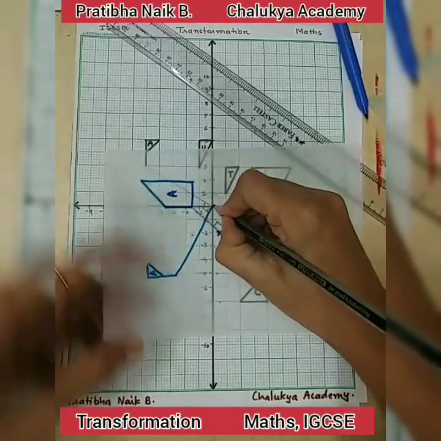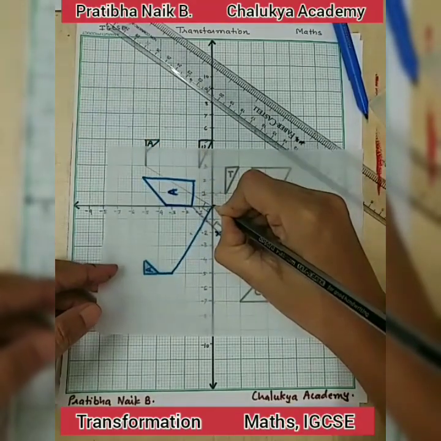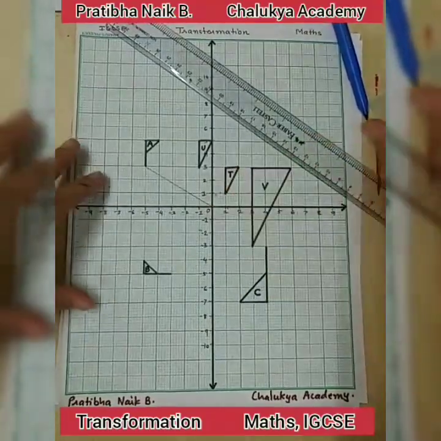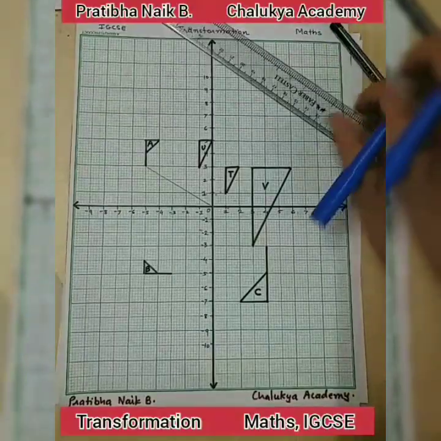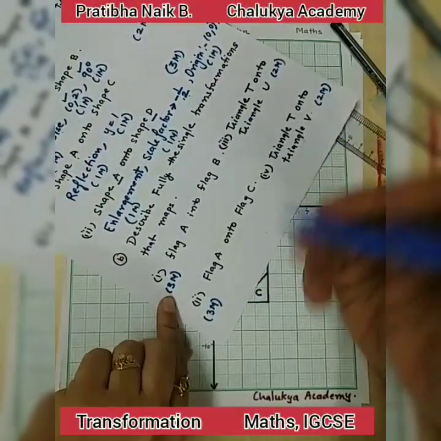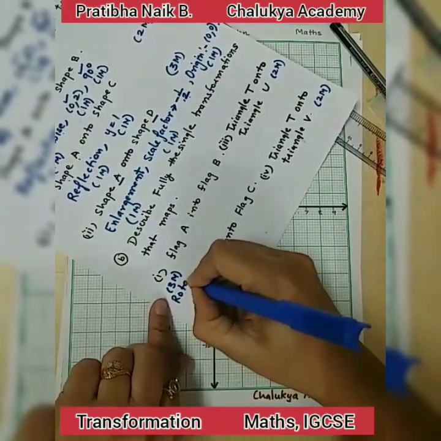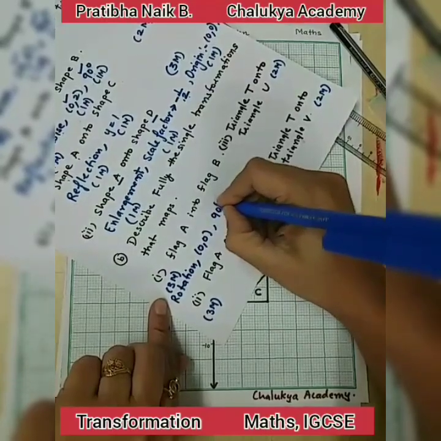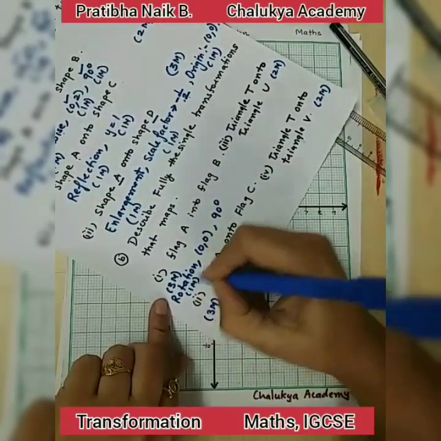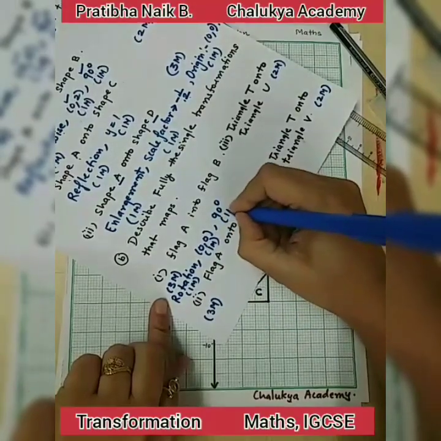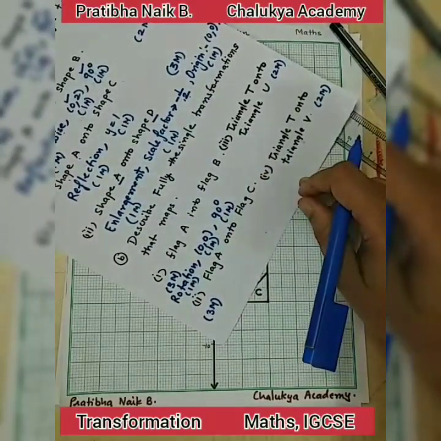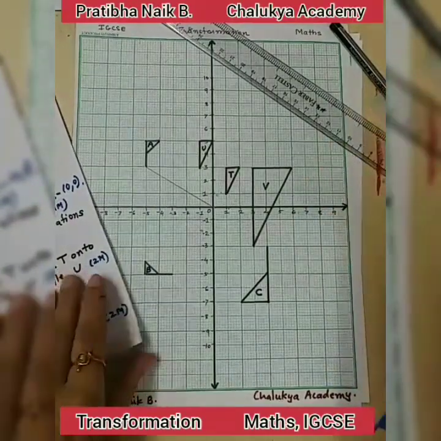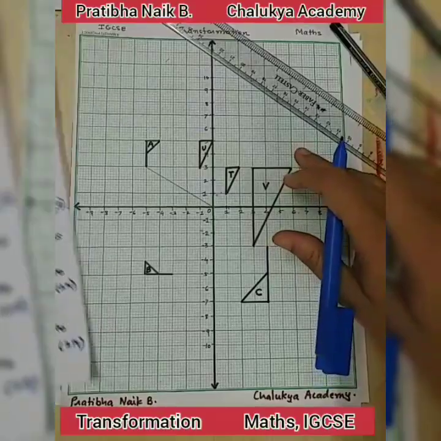Okay, and I am moving this anti-clockwise. See here, it is exactly coinciding with the given flag B. Okay, so this is 90 degree. So answer is first 1 mark, that is a type of transformation, that is rotation. Okay, we got origin 0, 0 and angle is 90 degree. So 1 mark for type of transformation, 1 mark for origin and 1 mark for the angle. Okay, so this is the way we can get the full marks if you are writing the answer point wise. So this we have done.